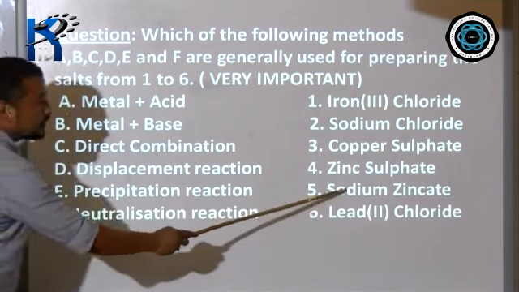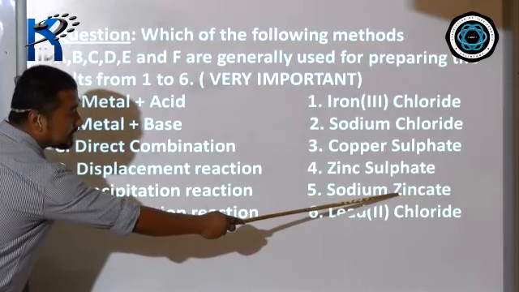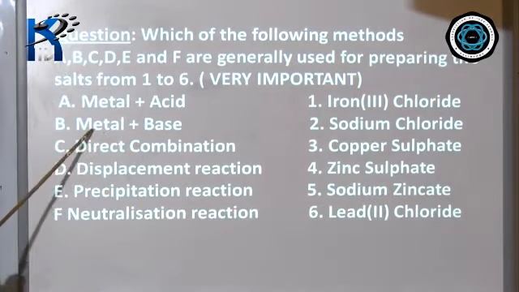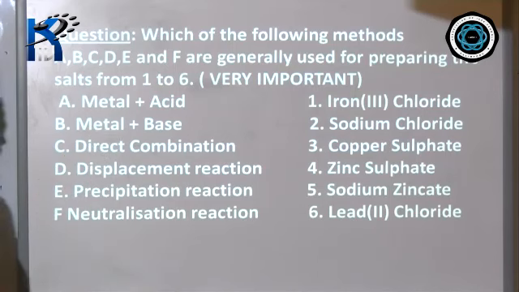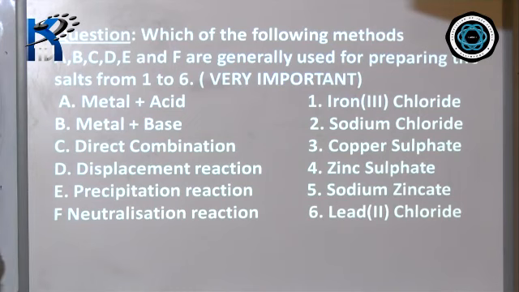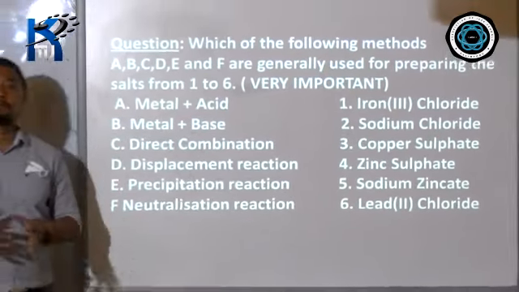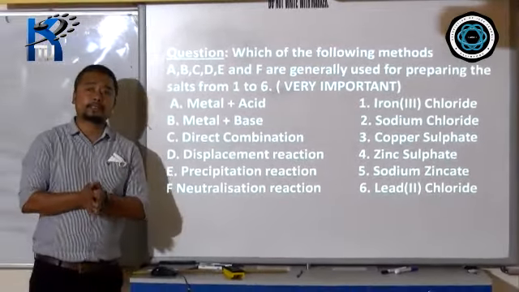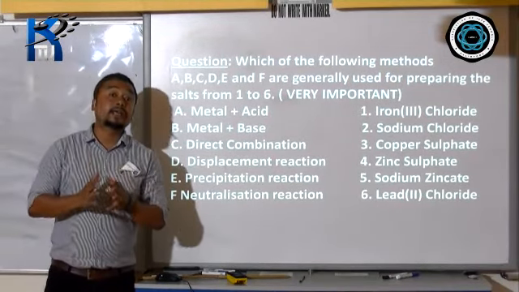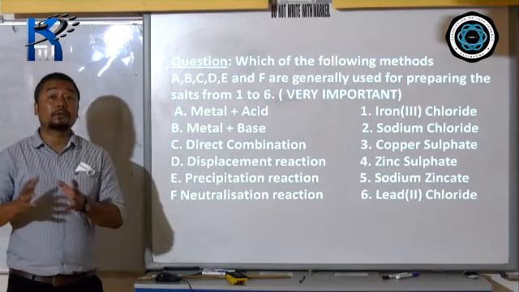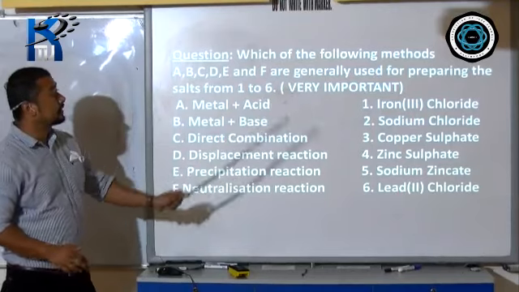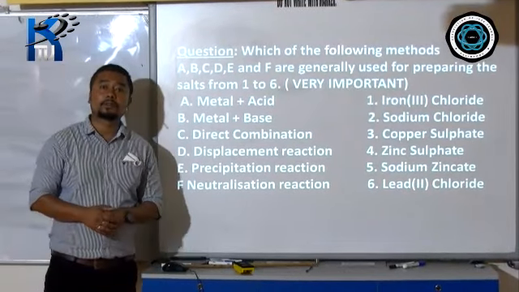And this all, sodium zincate, the last example which I gave you, sodium zincate is prepared by reaction of metal with base. So students, you need to remember 6 reactions by which different salts are prepared. And there are many examples in the book, as I said. I gave you some examples. That much is not enough, but still try to get the concept from here and try to learn as much as you can. And such questions come mostly in your board exam, which is very important, students.